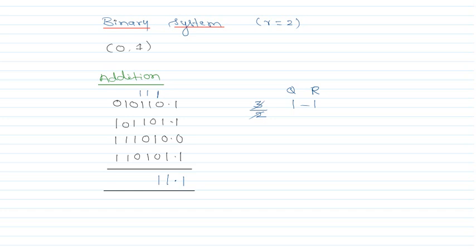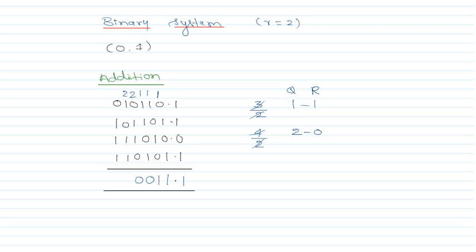Now if you just observe, 1 plus 1 plus 1 plus 0 plus 1, the total sum here is 4. 4 is a number which is greater than 2, so divide that 4 by 2. You will get 2 times and a remainder 0. Quotient is 2, remainder is 0. That 0 remainder I'll write in the sum position, and the quotient 2 I'll pass as a carry. Now 2 plus 0 plus 1 plus 1 plus 0, the sum is going to be 4. 4 is greater than 2. I'll divide that 4 by 2. I'll get 2 as quotient, 0 as remainder. So I'll put 0 as the remainder, 2 as the quotient.